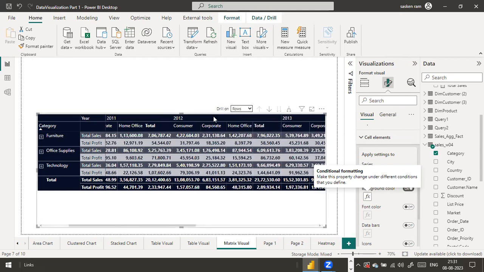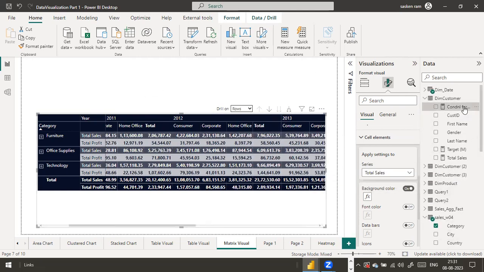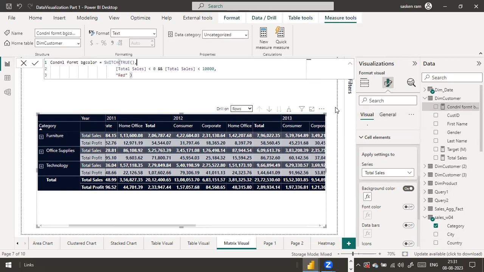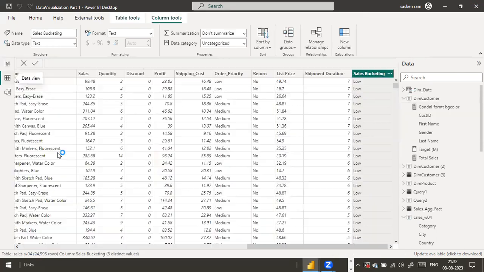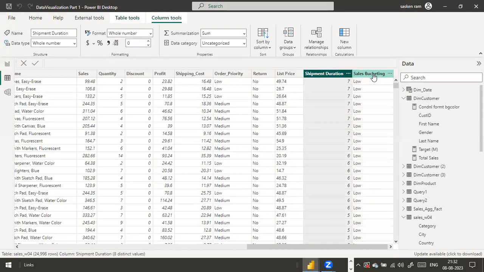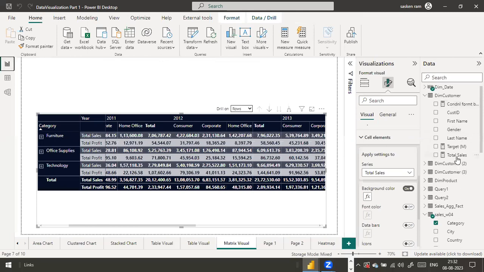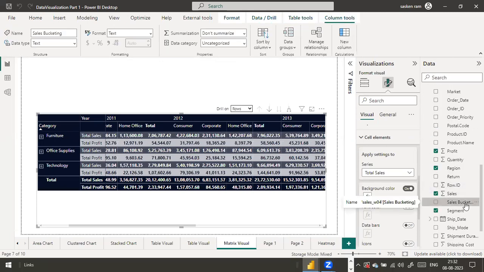Here none of the conditions are meeting. Okay, so I just go back to the conditional formatting, and here ideally we should be able to set this one. But if you create a conditional column, it will work. Okay, here what I do is switch equal to true. I just select this one. Let me first check the sales bucketing here. Let me see in the column tools. It's not displaying the formula bar. I just go back here, and sometimes it will not work. Sales bucketing, if you click on it here,